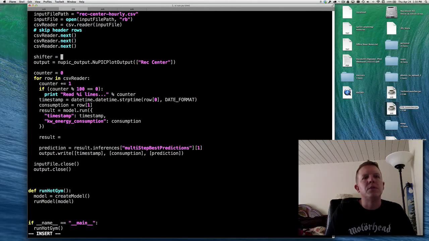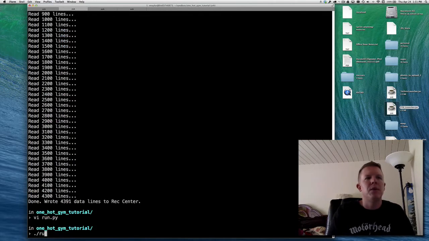Shifter equals inference shifter. That's all. And then we just use that instance and tell it to shift results. Is it just shift? Just shift, and the result. So that will adjust that result so that the predictions are aligned with the actual values for plotting. So now when I run this,